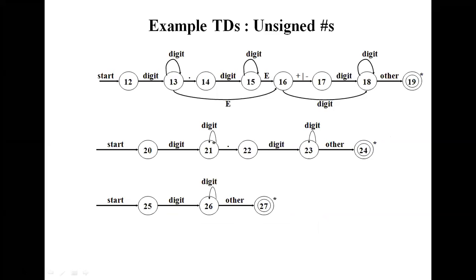For unsigned symbols, we can represent the transition diagrams like this. And these are some example IDs, like unsigned IDs. Unsigned IDs in the sense the ID may be a digit or it may be a letter, or directly we take the word E. And see digit dot digit. See, from 12 is the starting state and 19 is the ending state of this transition representation. And digit dot digit